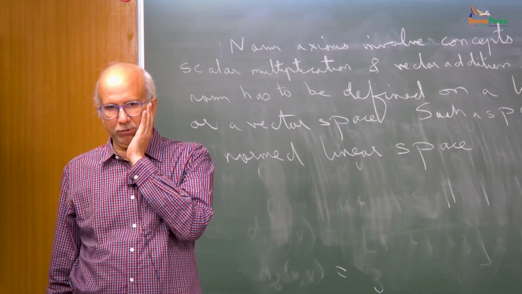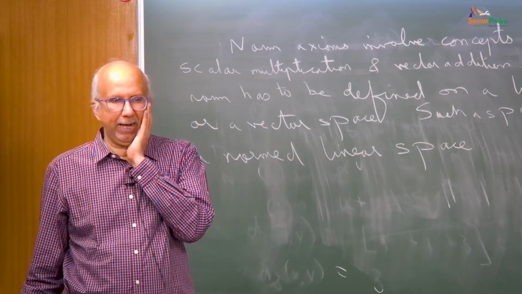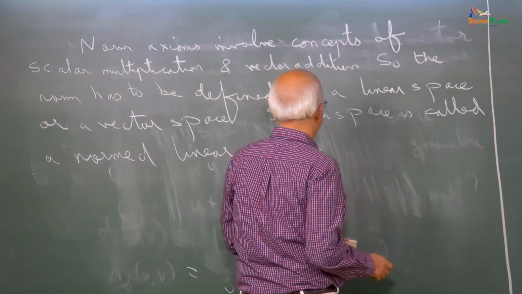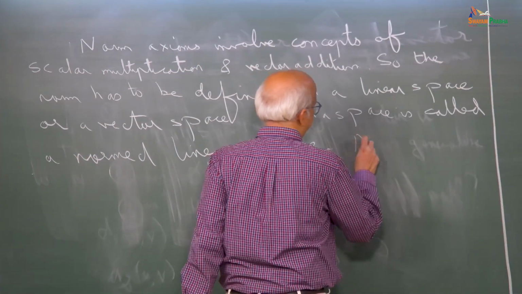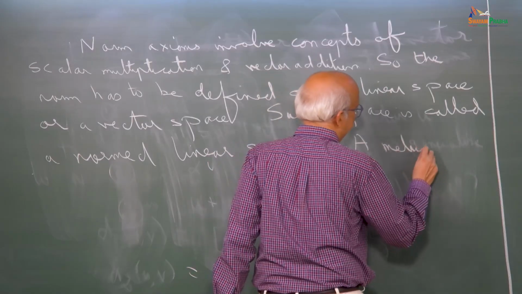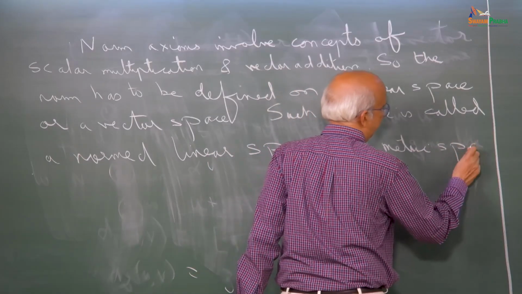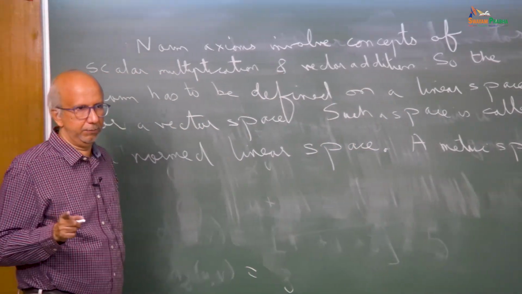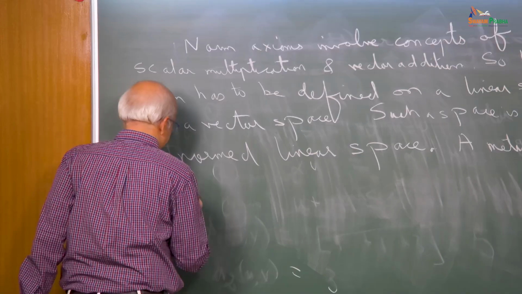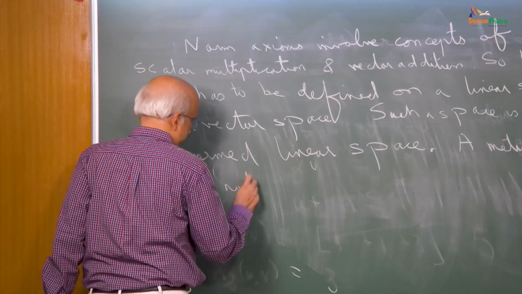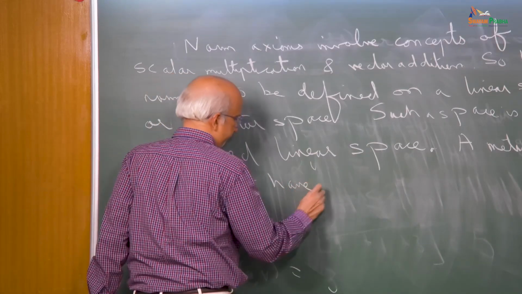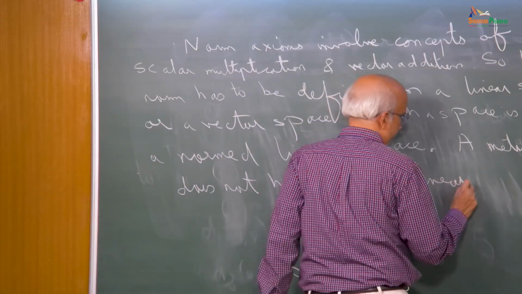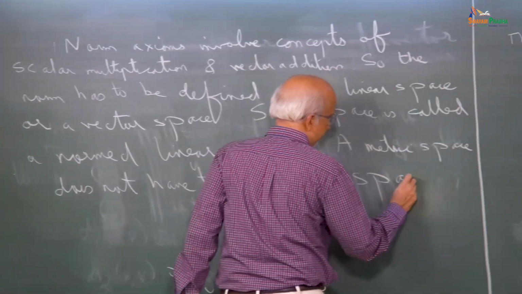Okay, the concept of length is defined, whereas a metric space does not have to be a linear space. A metric space, what is a metric space? A space in which metric is defined, okay, does not have to be a linear space,